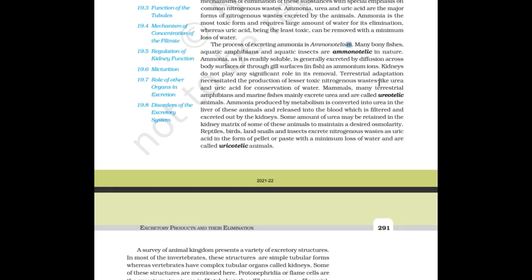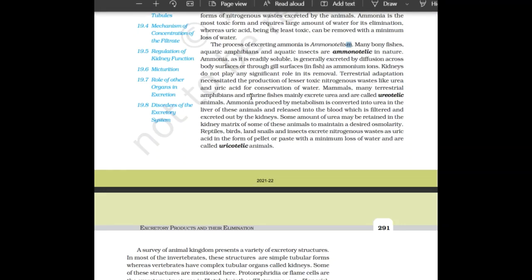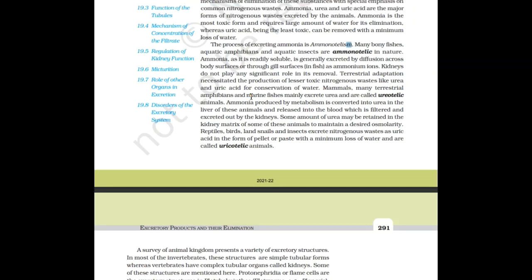Terrestrial adaptation necessitates the production of less toxic nitrogenous wastes like urea and uric acid for conservation of water. Mammals, many terrestrial amphibians and marine fishes mainly excrete urea and are called ureotelic. Ammonia produced by metabolism is converted into urea in the liver of these animals and released into the blood, which is filtered and excreted out by the kidney. Some amount of urea may be retained in the kidney matrix of some of these animals